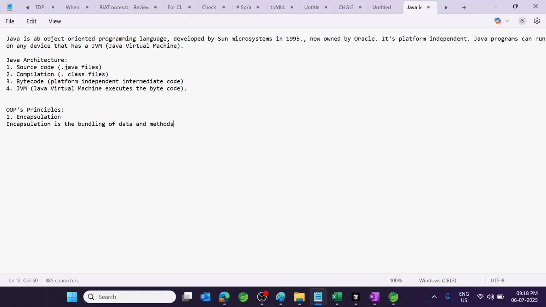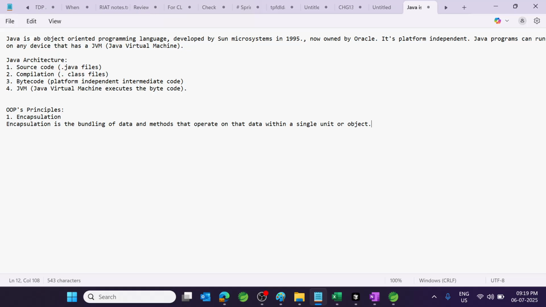Encapsulation is the bundling of data and methods that operate on that data within a single unit or object.